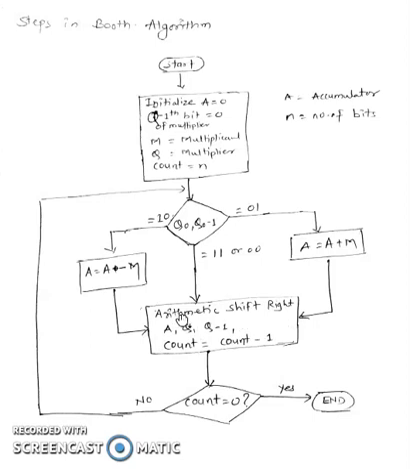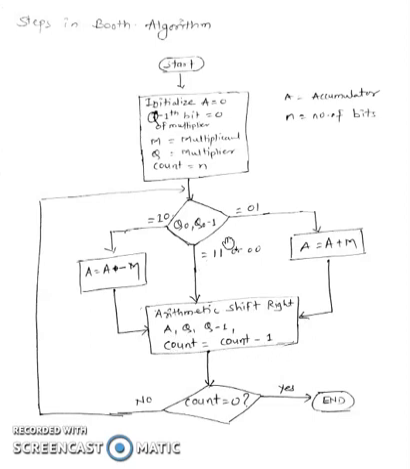This is a very important step, because we have to shift our Q register and A register to the right, that is an arithmetic shift. This happens for every step, whether you have to perform subtraction or addition. You have to shift the registers A, Q and Q minus 1. And you have to decrement the count, because one operation is performed, so we reduce the count by 1.